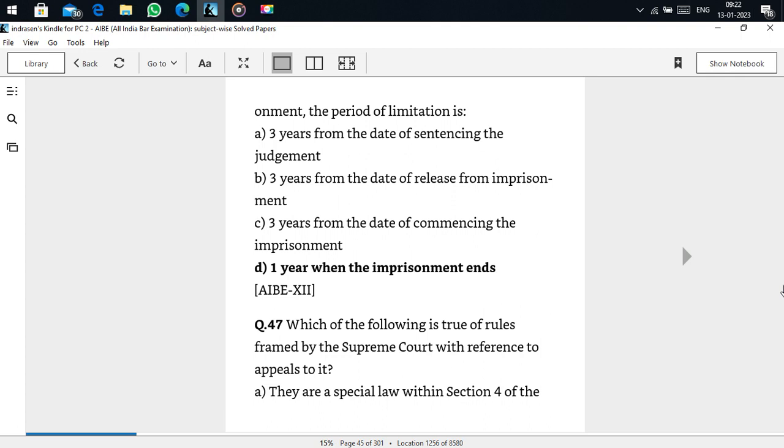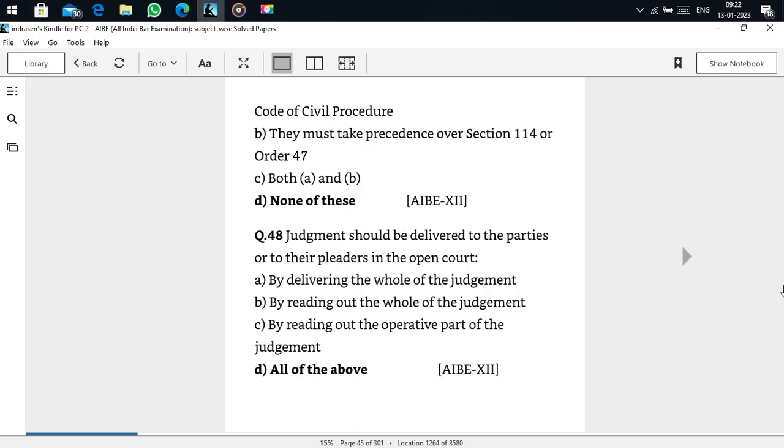Here actually we don't have a correct answer. They are all the special law within the section 4 is not correct. They must be taking precedence under section 114 is not correct. So